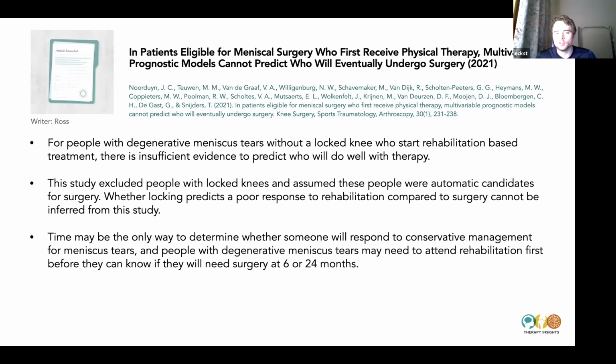And so there was an expert panel of PTs and orthopedic surgeons. I think there were 10 to 20 of them. And they looked at different factors. So they looked at age, sex, Kellgren-Lawrence scores for osteoarthritis with x-rays, tear characteristics with MRI, and they looked at all these things and they said,